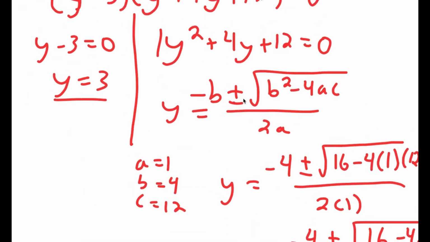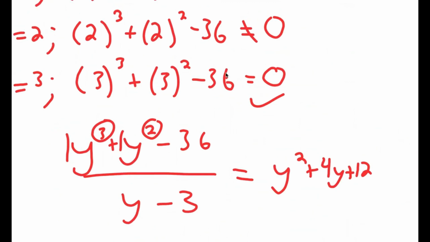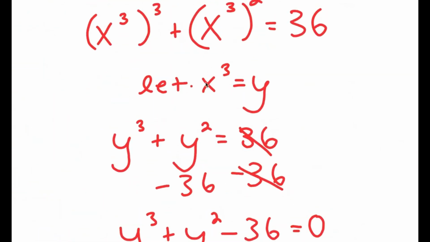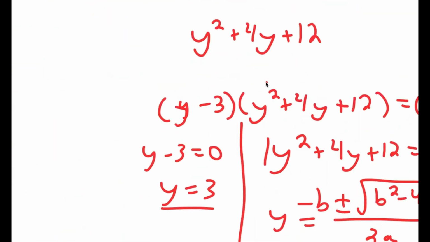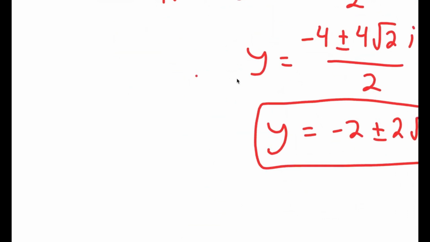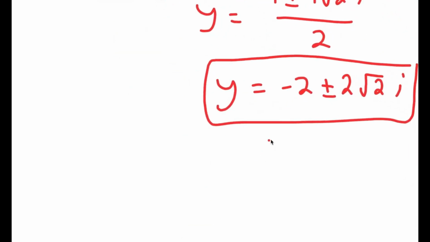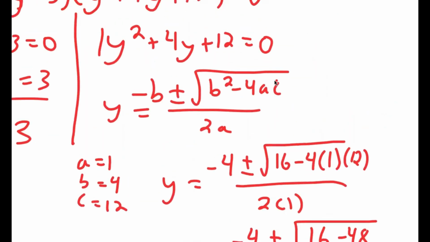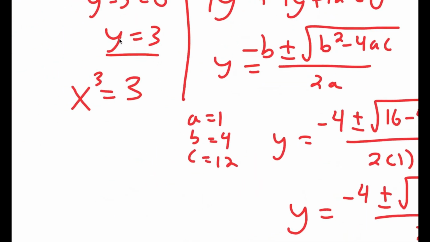So I have 3 solutions of y. However, we aren't done yet because remember, I let x to the power of 3 equal y. So I get x to the power of 3 is equal to 3. And I also get x to the power of 3 is equal to an imaginary number, which we actually can't do, so we can't use this equation. So the only solution I can use is y equals 3, and to solve this, I'm going to take the